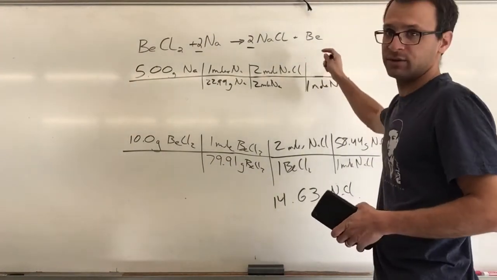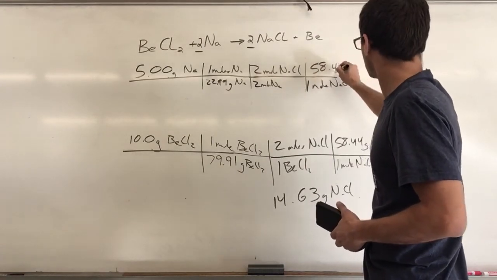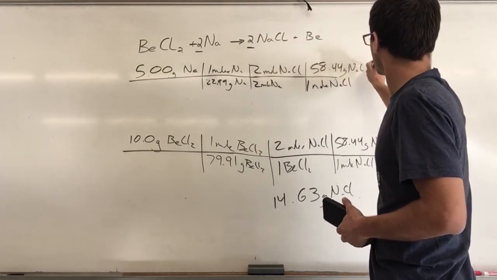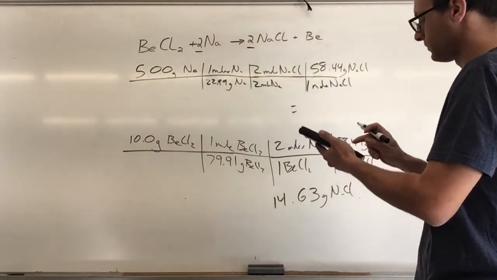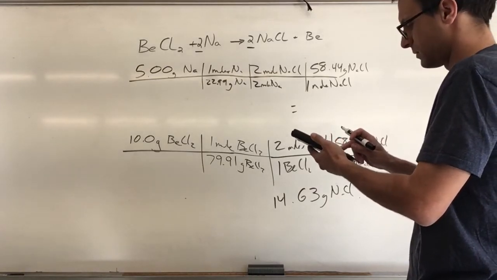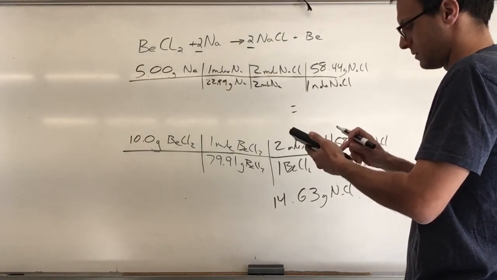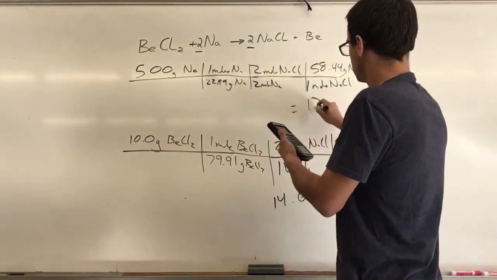Now this information you get from the periodic table, right? 58.4. And when you run these numbers on the calculator, you end up with 12.71